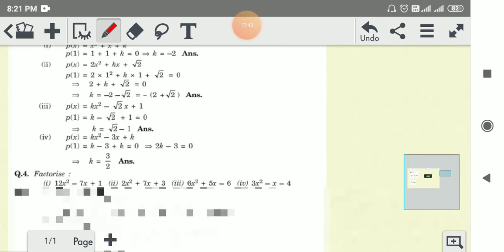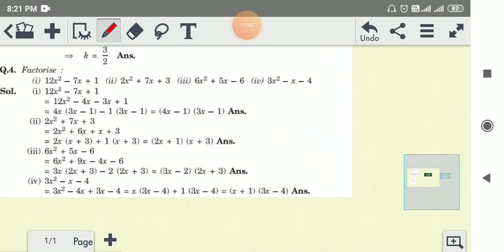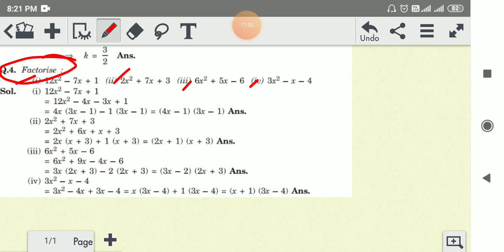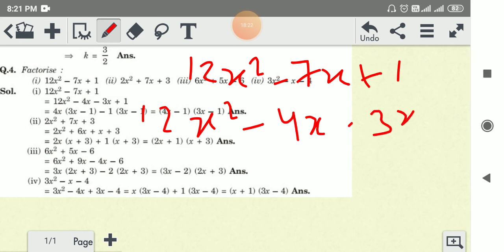Now question number 4th, this is our last question. Here are 4 questions, 1 2 3 4. Factorize means splitting the middle term. I am solving only one question, the remaining questions you have to solve on your own. Okay, now question number 1 is 12x square minus 7x plus 1. We have to split the middle term, so we can write easily 4x minus 3x plus 1, because minus plus, so